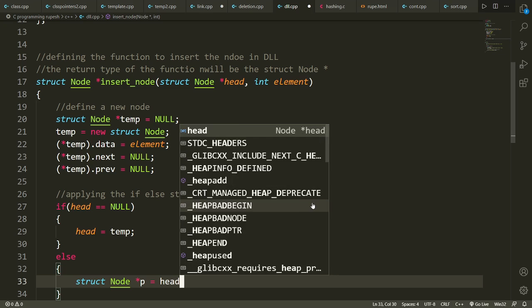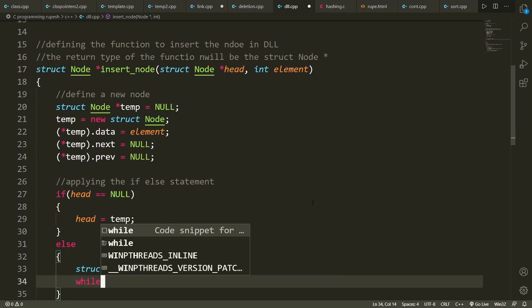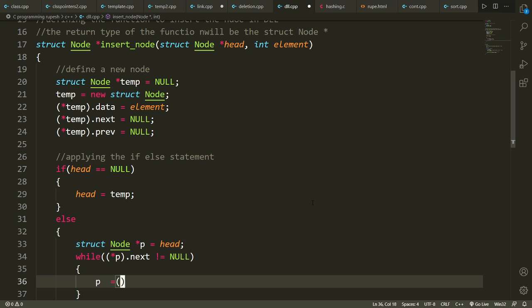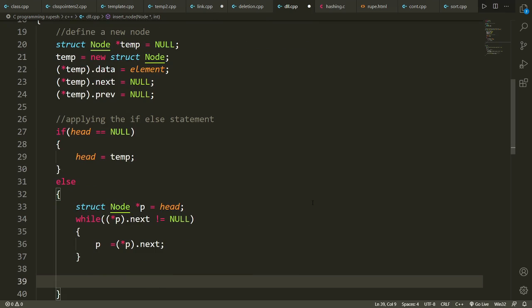So I will take the temporary pointer as head, and then I will be using the while loop. So I will be checking the condition while *p.next is not equal to null. So you do p = *p.next, right? And if you came out of the loop, that means the p will be pointing to the last node of the linked list,